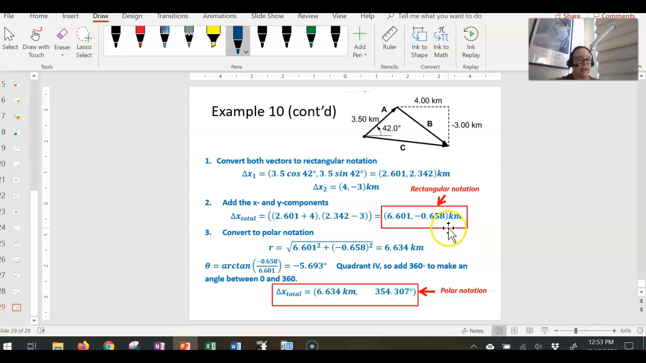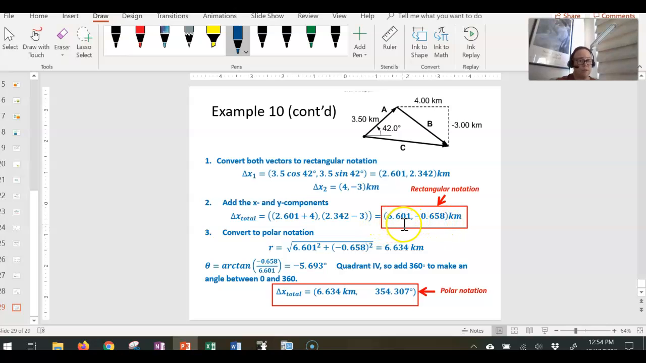To find the magnitude, I take the square root of the x component squared plus the y component squared. So I'm just using the Pythagorean theorem to find the magnitude of C. And then to find the angle, I take the arctan of the y component divided by the x component. Now I get a negative angle, but when I look at the